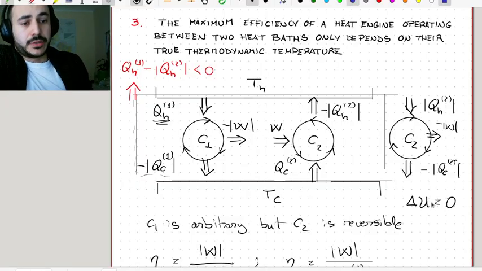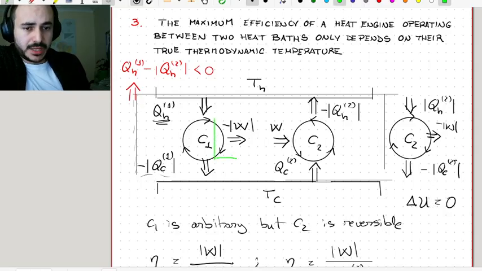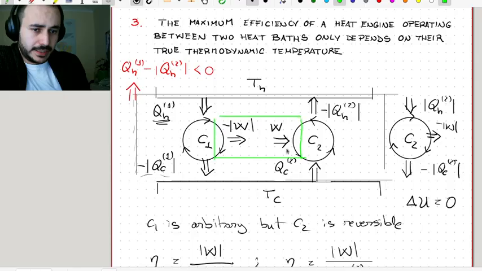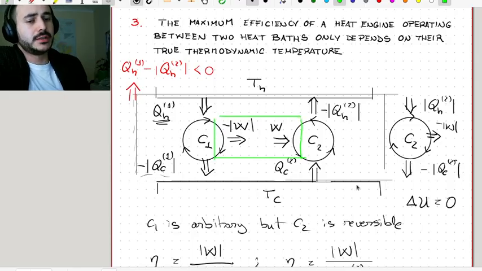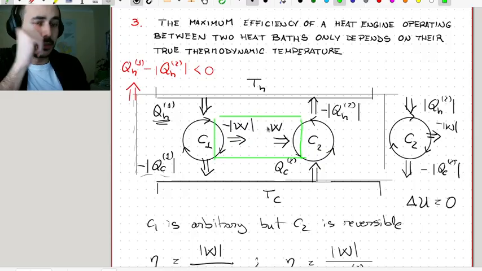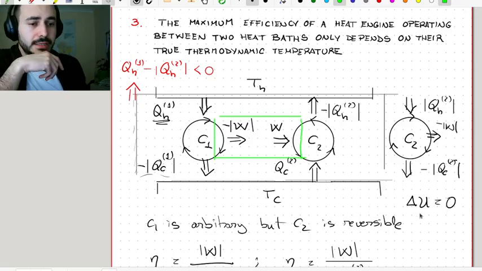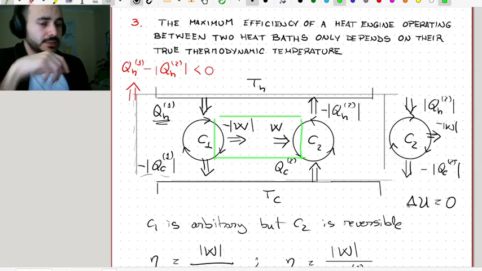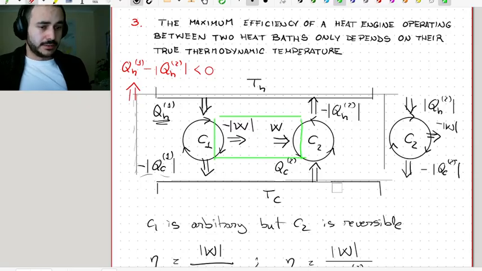And because of conservation of energy, because we have said, if you look at here, we have said that all the work being produced by C1 is entirely feeding the cycle C2. So there's no work being produced overall because these two cycles are coupled together. So there's no work. And the fact that the internal energy equals 0 in the entire cycle, remember the first